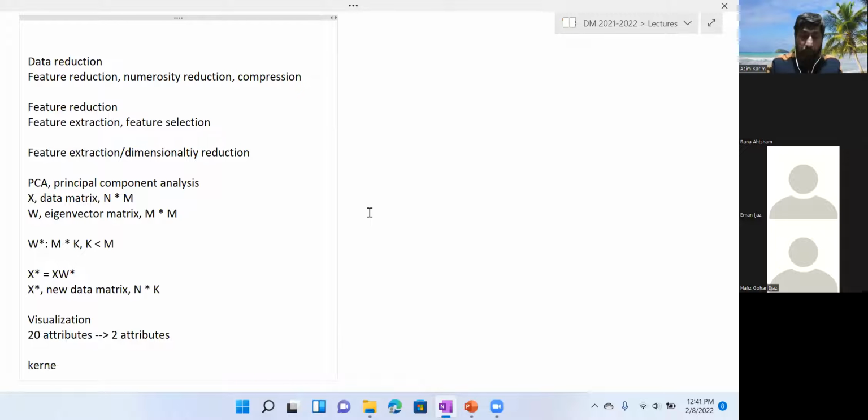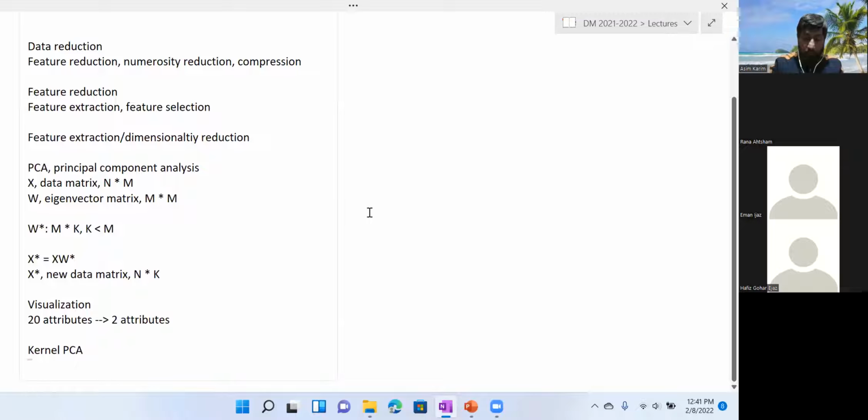So there is something called kernel PCA, which can do nonlinear transformations as well, based on the kernel that is used for transformation. So the original PCA is linear transformations. Okay. And then we also have what is known as